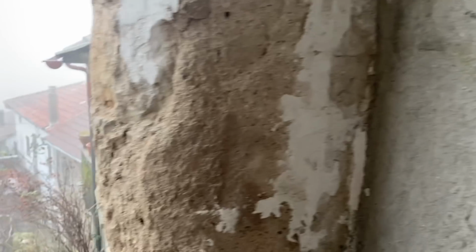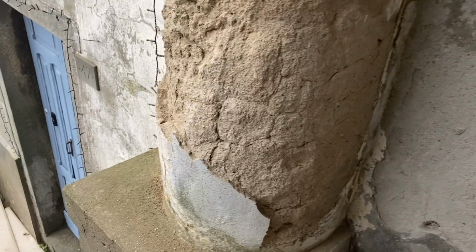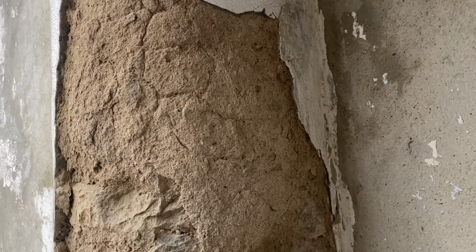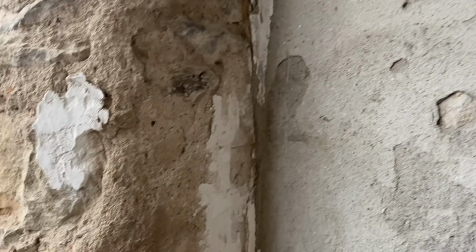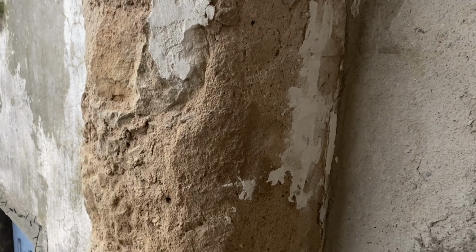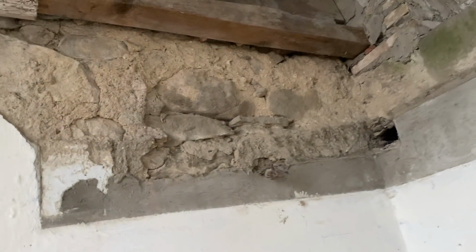Yeah, so this column's going to be a bit of a pain, but the structure underneath the stone is fine, and it's pretty ornamental anyway. Some of it's been repaired with cement, so that's still on pretty firmly. We're going to leave that. So I'm going to now go and get a plaster and some mesh and get a first layer on this column here and up here where it's never been plastered,